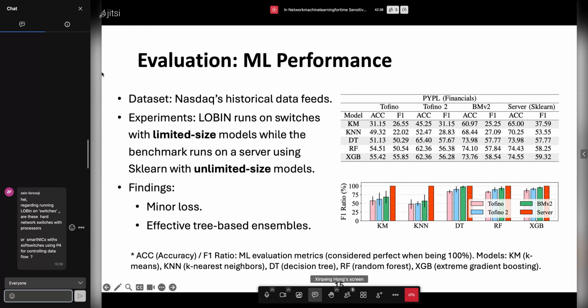Basically, one of Changgang's works is about DINK, a distributed approach. There are not only one switch; if there are a lot of switches, we can offload one model within each switch, one model for one share. Those switches can co-function together so that we can, for example, predict the future price movement of 10 correlated stocks at the same time. I'm thinking about the level of 10 or 100. Very nice.